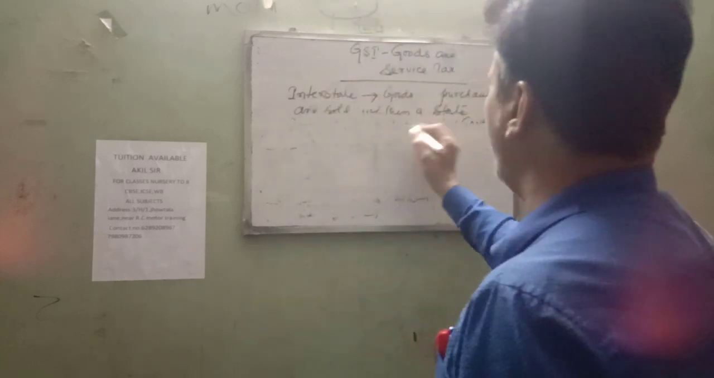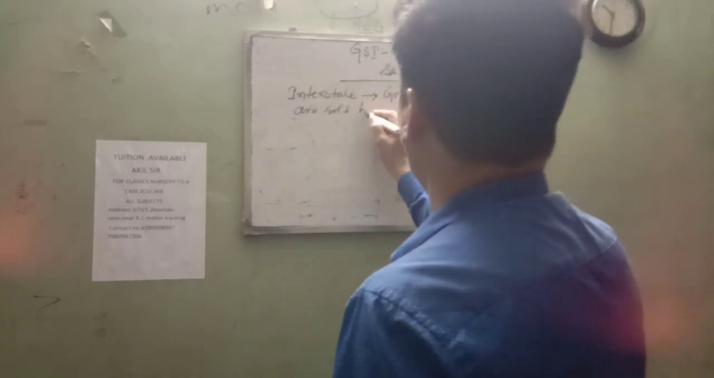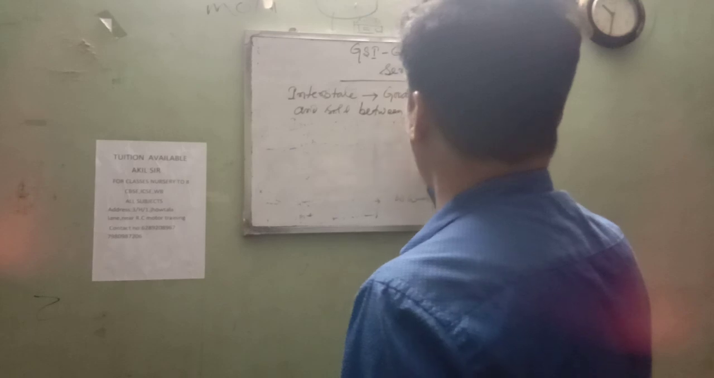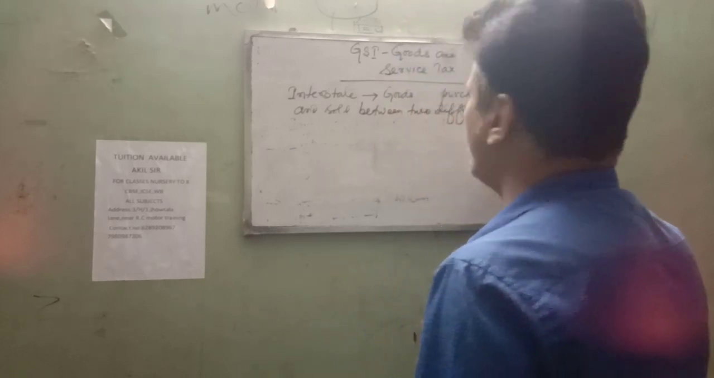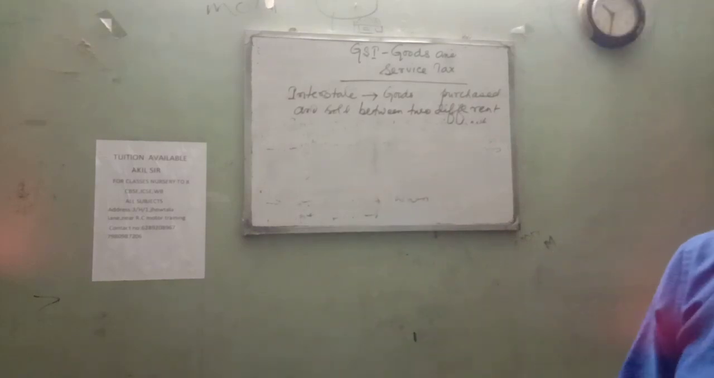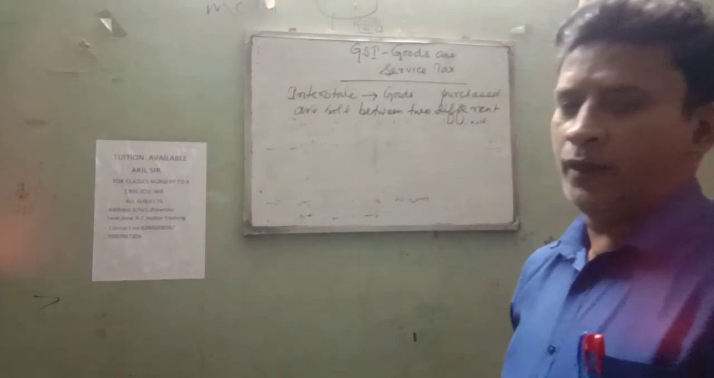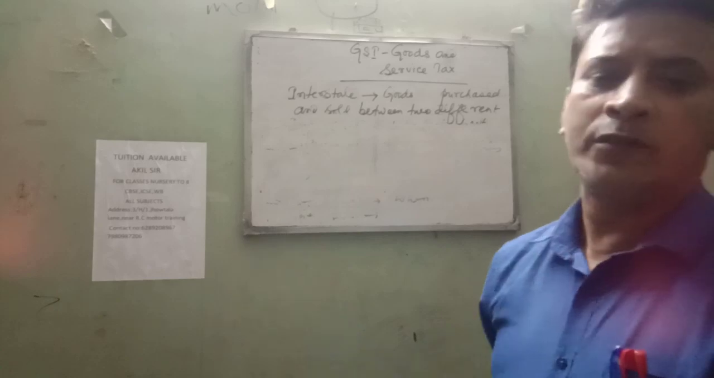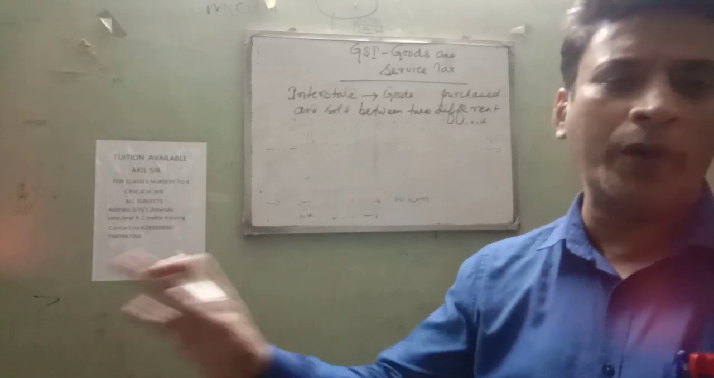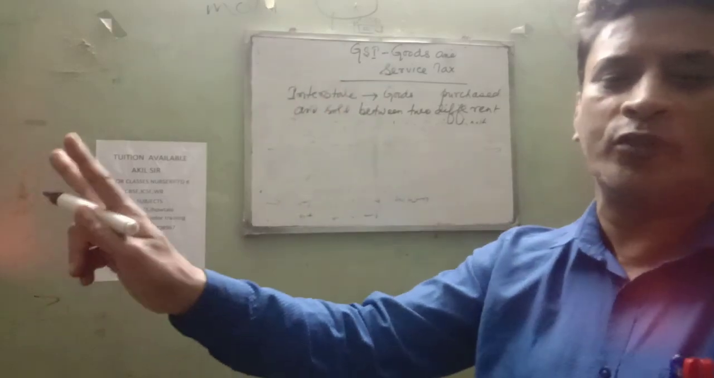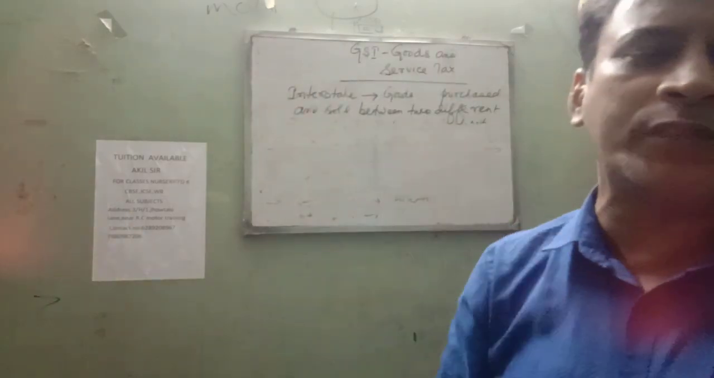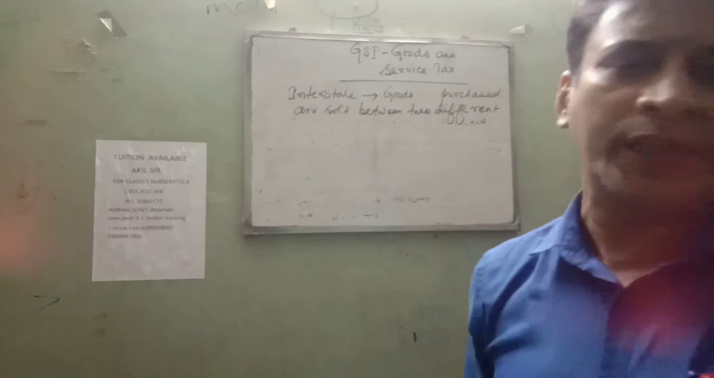इंटर, गुड्स आर परचेज्ड एंड सोल्ड between two different states. In that case, nothing goes to state government. State government को कुछ नहीं मिलेगा। इंट्रा में मिलता है सीजीएसटी, एसजीएसटी, हाफ सेंट्रल गवर्नमेंट, हाफ स्टेट गवर्नमेंट। इंटर में जब दो डिफरेंट स्टेट्स के अंदर सेल परचेज होगा, द एंटायर पोर्शन ऑफ द गुड्स परचेज्ड एंड सोल्ड, द टैक्स